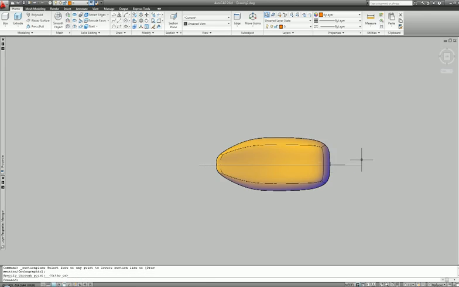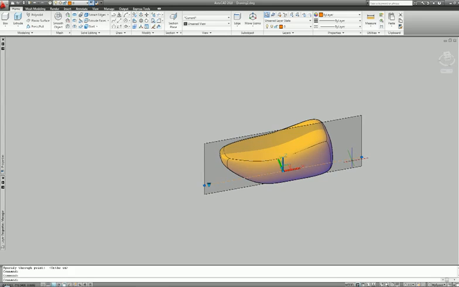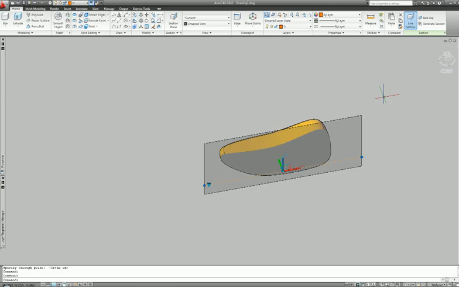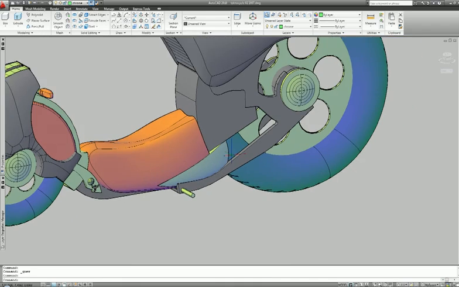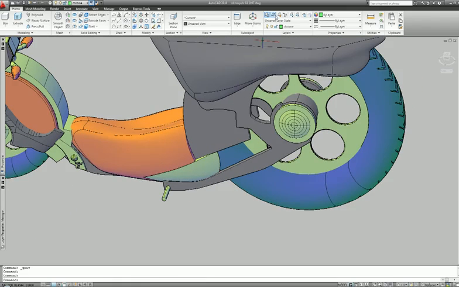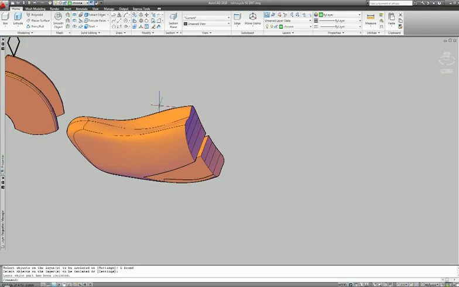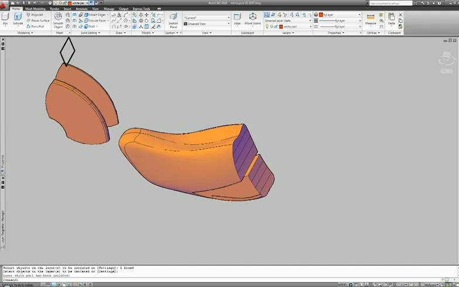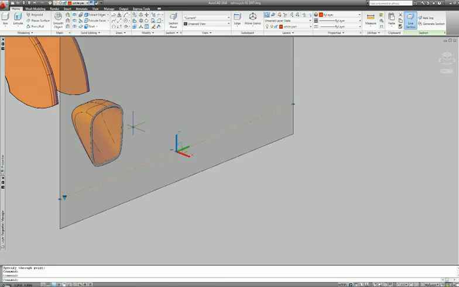Creating a section can help in a better understanding of the model and can also provide a starting point for documentation. Let's now see the part in its context. In this case, this motorcycle, which was modeled 100% inside AutoCAD using mesh and solids. Another section will show that the converted mesh can now allow any of the solid operations like, in this case,